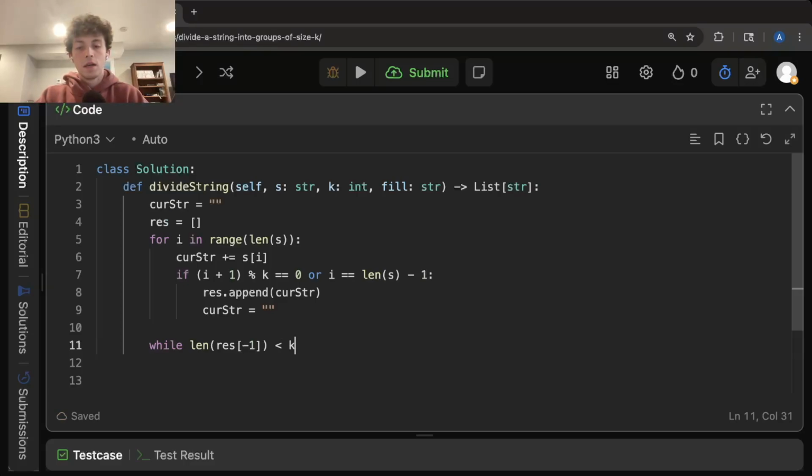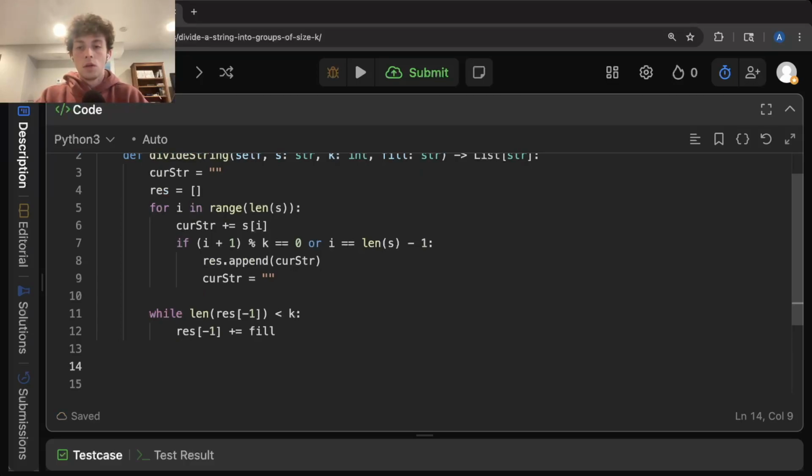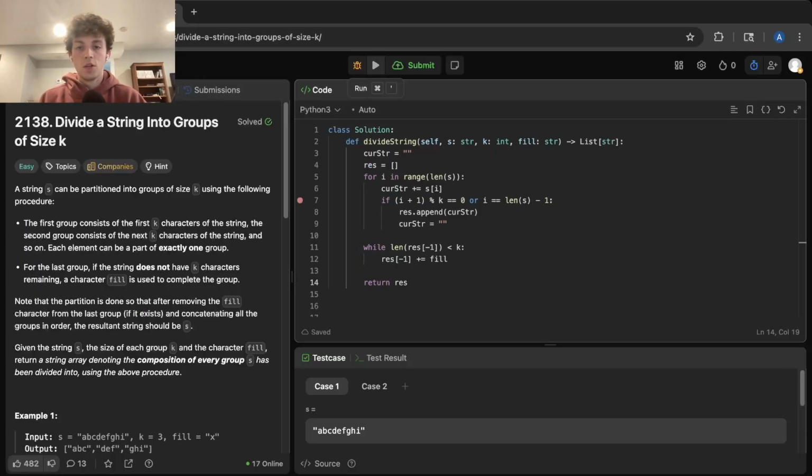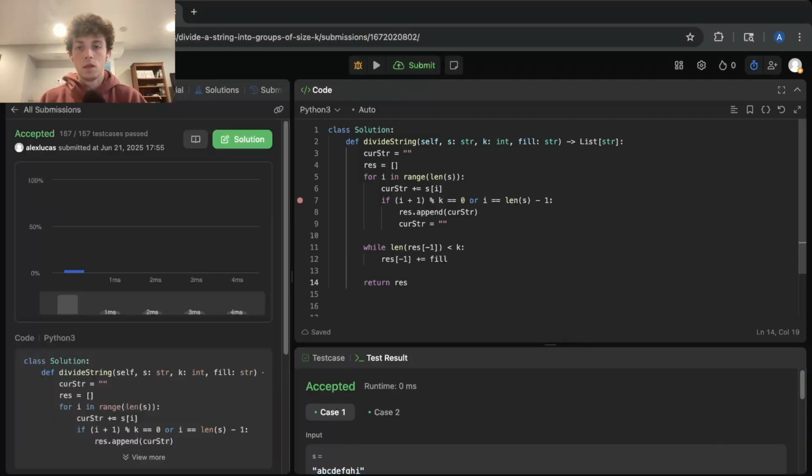While it's less than k, we're going to add the fill to that string. So just add the fill character, and so that's going to continuously check and fill until the length of the last string is equal to k. And that's pretty much all the code. We're going to just return our result array after that, and here we'll give it a run and a submit,